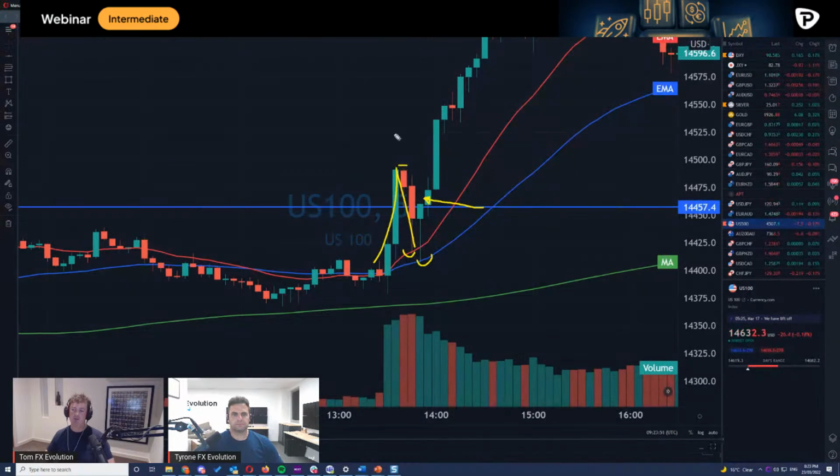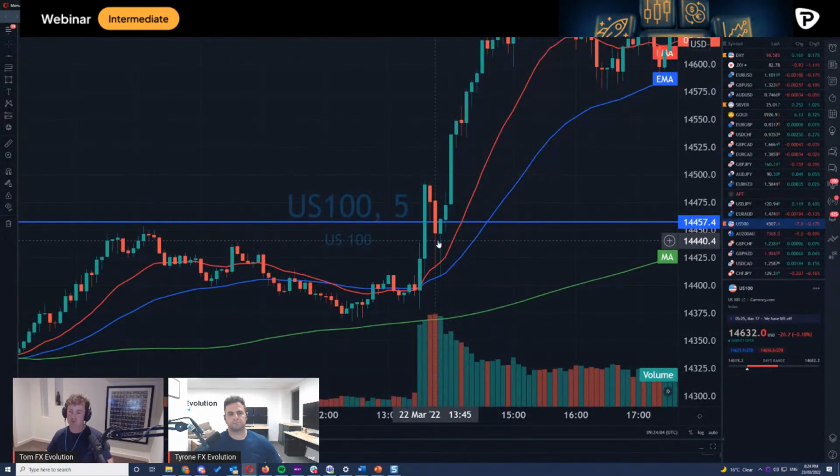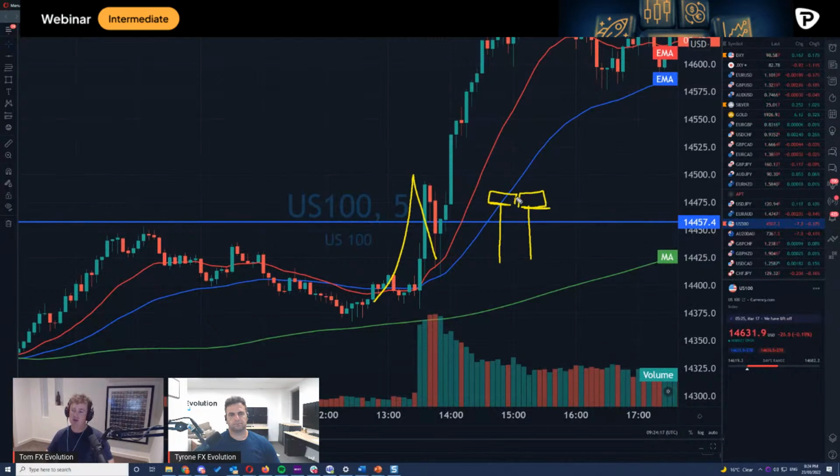And then, of course, people will usually look to scale into their order, something that a lot of beginner traders don't do. But tweezer trading, in terms of looking for rejection wicks, is very, very strong when you get the follow through. So when you have some kind of movement through, especially during volatility, you then have a reversal and then wick purchasing. What is that telling us about the market? Every time we see these types of things occur, it's telling us that there are buyers and they are ready to come in at that level. They are committed to the trade, and then it starts to flow through.